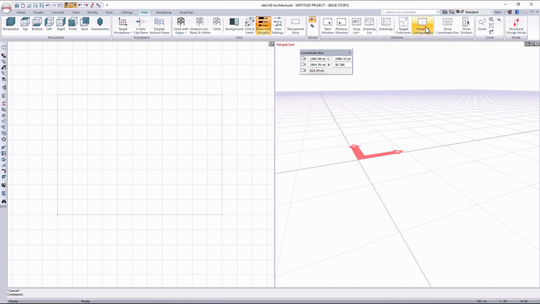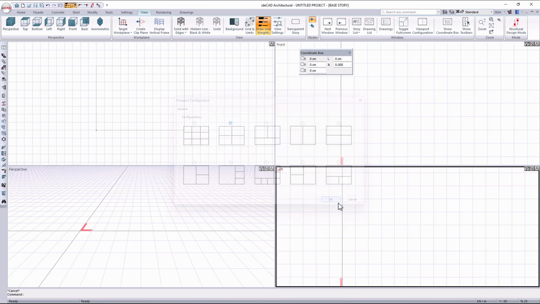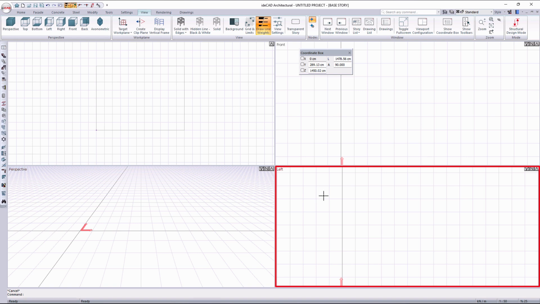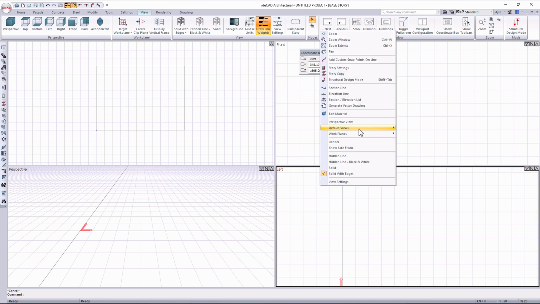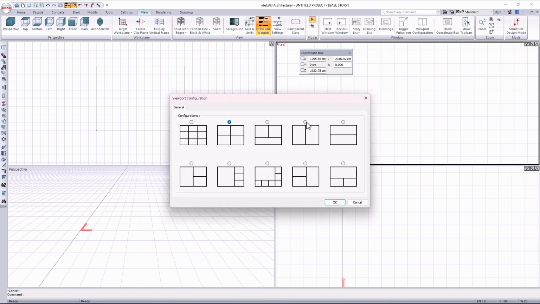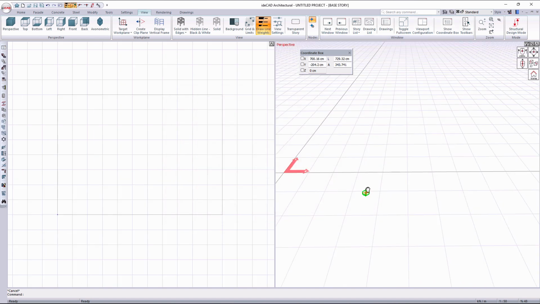With the Viewport Configuration command, you can set how many viewports the workspace will be divided into and choose which angle or view of the model will be displayed in each section. For example, let's select the 4 viewport. When you close the dialog, your screen will be divided into 4 sections. You can choose Plan View, Front View, Perspective View, and Left View. These views are selected by right-clicking within the desired viewport and choosing from the default Views section. During the training, we will use the 2 viewport. One side will display the plan view, and the other side will show the perspective view.